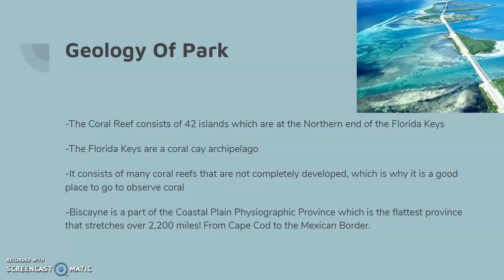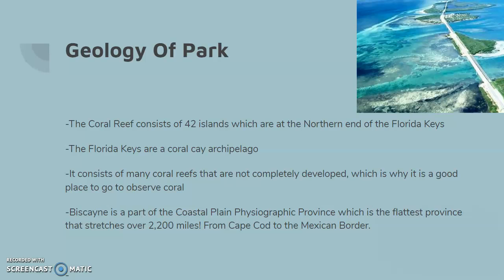The geology of the park. The coral reef consists of 42 islands, which are the northern end of the Florida Keys. The Florida Keys are a coral cay archipelago. I hope I said that right. It consists of many coral reefs that are not completely developed, which is why it is a good place to